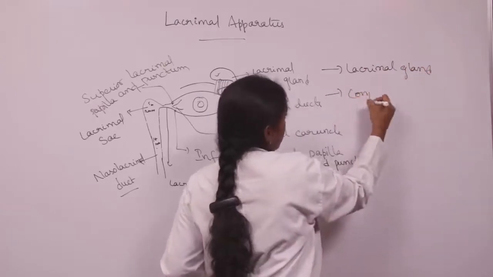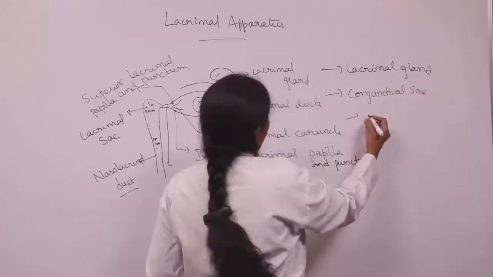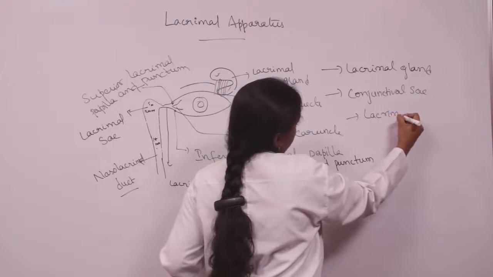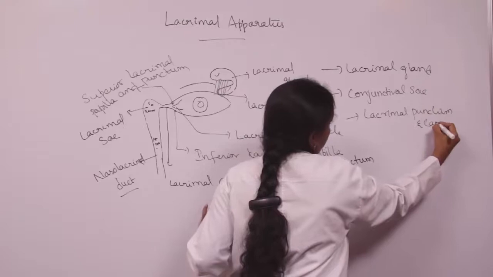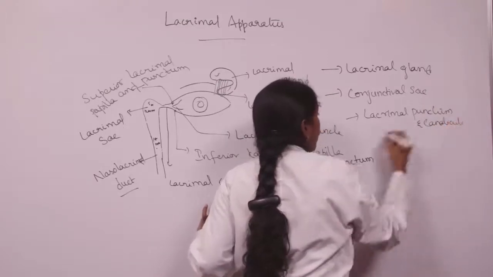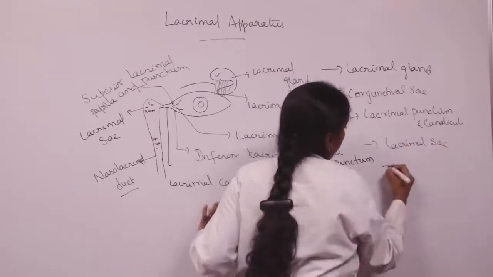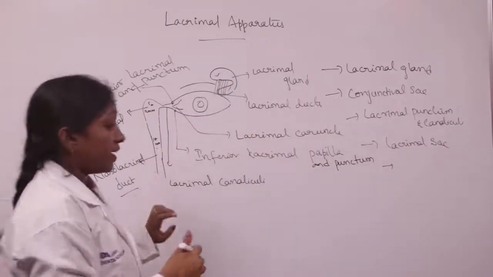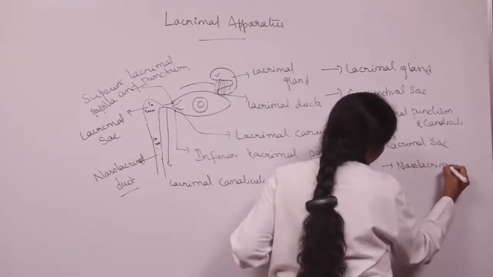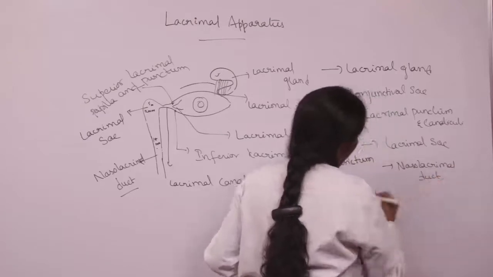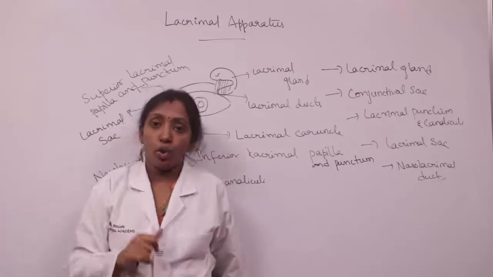conjunctival sac, lacrimal punctum and canaliculi, lacrimal sac, and finally we have the nasolacrimal duct. Okay, so coming to the lacrimal gland, it is situated in the anterolateral roof of the orbit in a groove called the lacrimal groove,